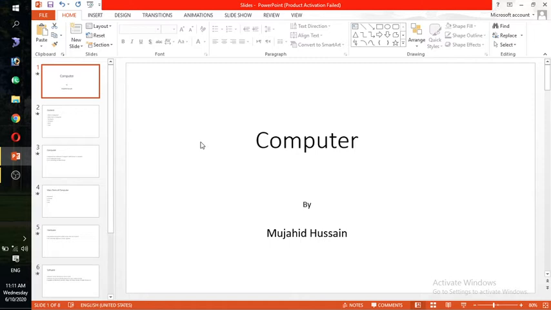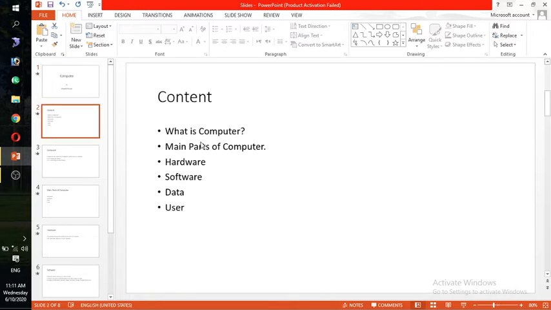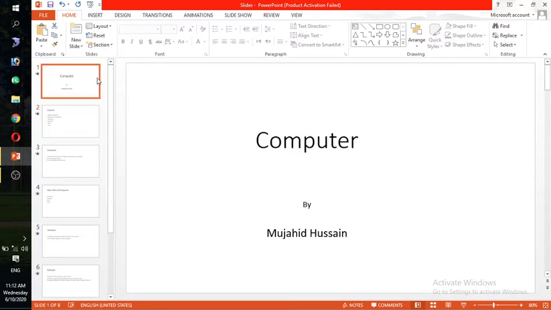So now in this lecture I have created slides, in which I have chosen a topic of computer, and the contents are: what is computer, main parts of computer, hardware, software, data, and these are the different contents. We will learn about these contents, and we will apply the design, transitions, and animations on these slides. So first of all, computer, and